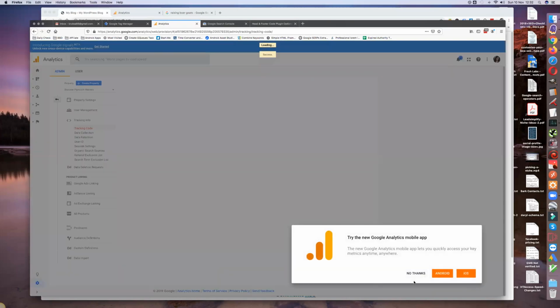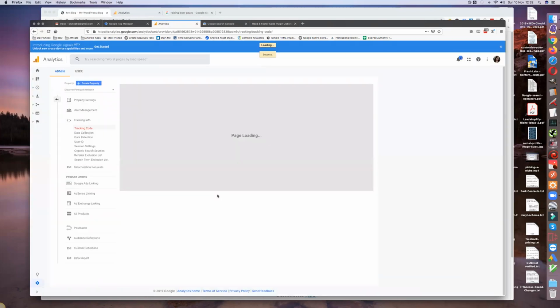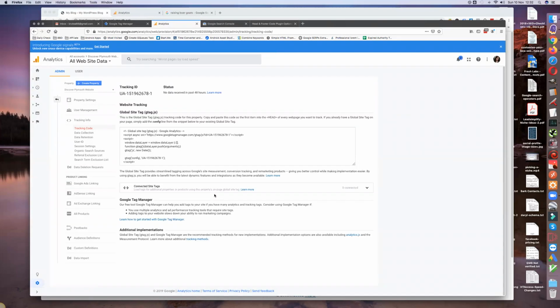Come in to create the property. No, I don't want a mobile app. So this now gives you a tracking code. Now what I'd say is put this tracking code on your header, but you don't need to, because what you do is you take this bit of tracking code, copy it,